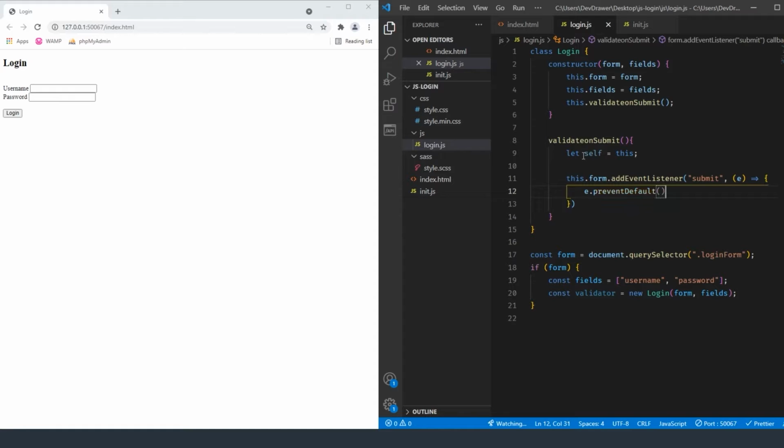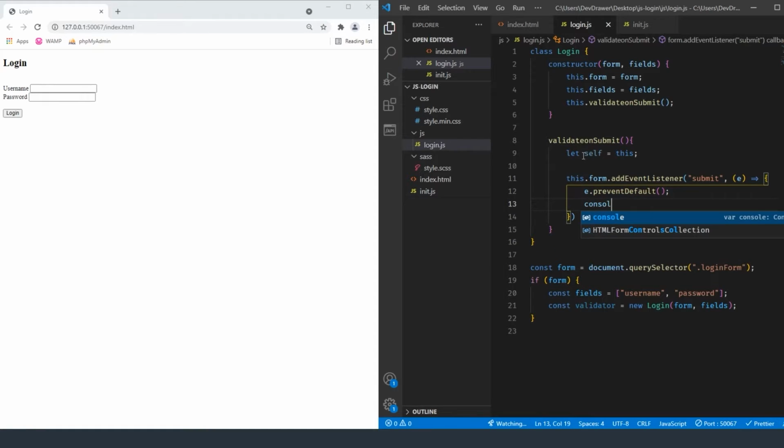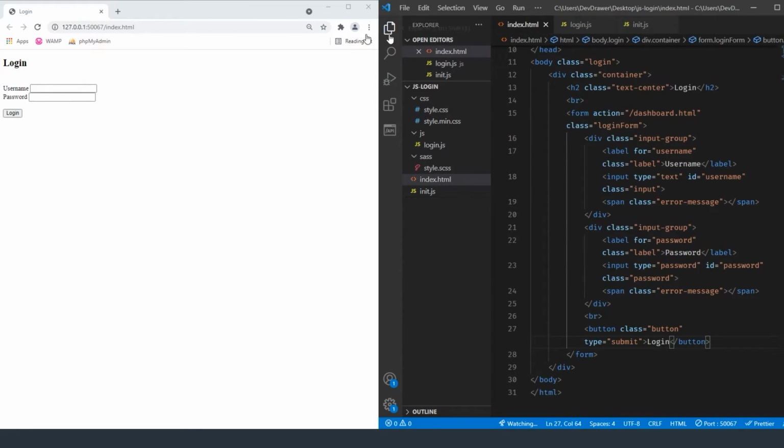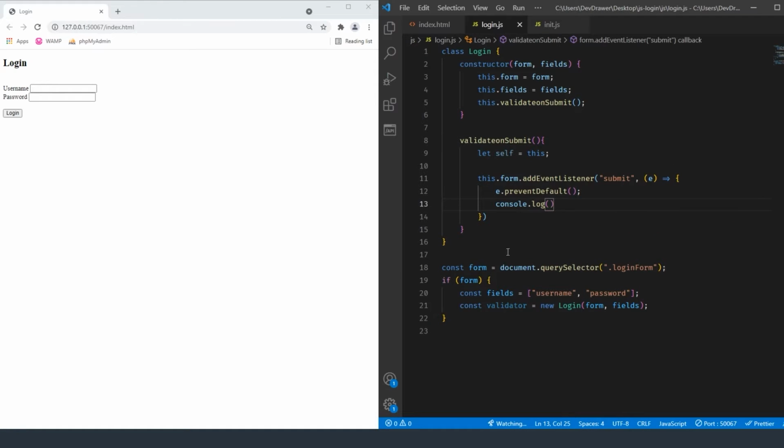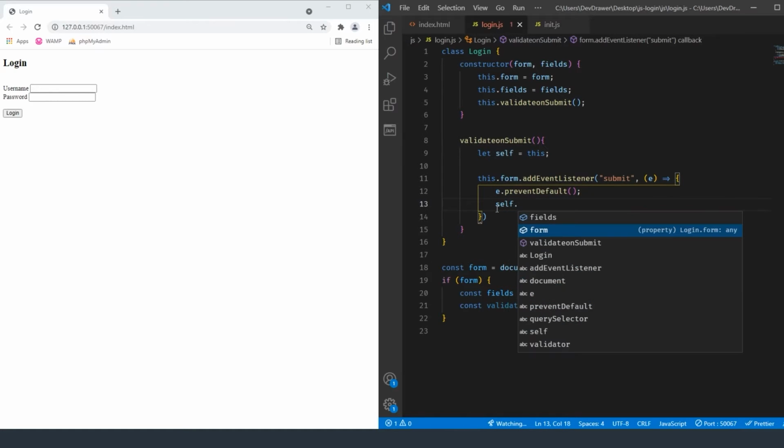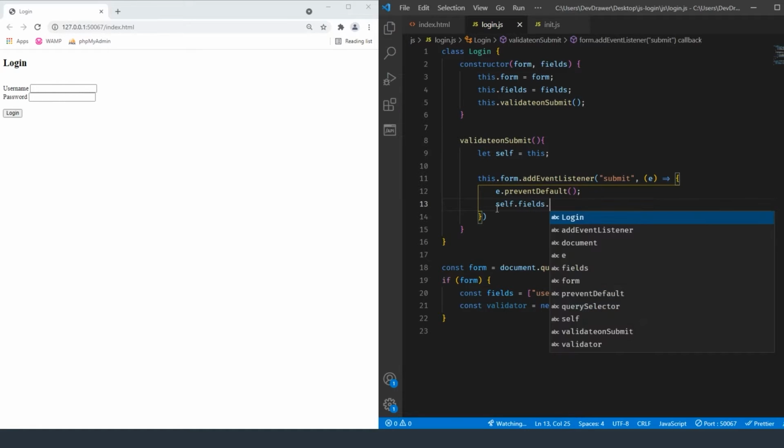So e.preventDefault, and then I want to do a console.log just so we can see what we're getting from this form. Let's see, what did we name them again? ID password. Actually, you know what? Instead of doing the console log this way and trying to pull it individually, what I'm going to do is use self, because we've already declared self. So self.fields